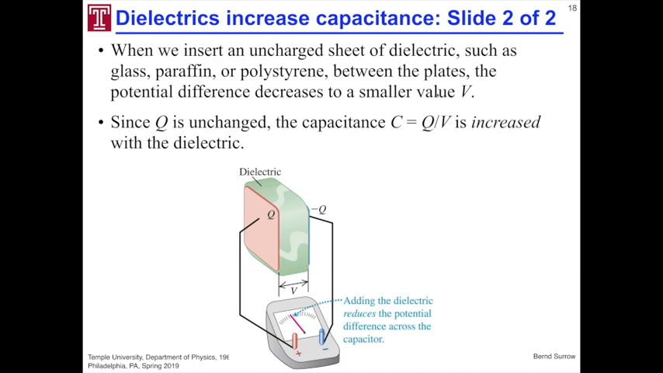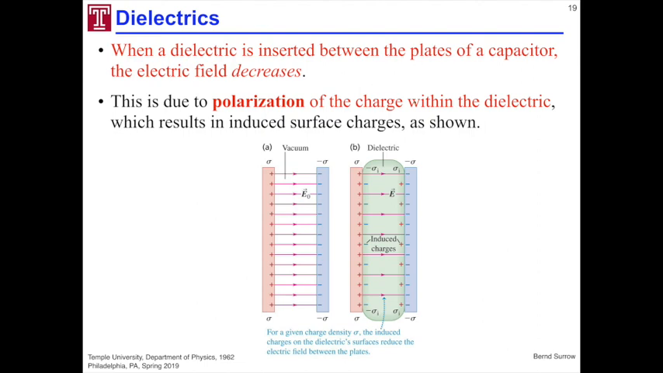How can the electrical field now decrease from a vacuum configuration to a configuration where the dielectric is introduced? Well, this is what I want to explain to you now. And I will not give you a full-blown detailed mathematical explanation, but only a conceptual one. So when a dielectric is inserted between the plates of a capacitor, the electric field decreases. And I want to give you a feel for why this is like this. And the reason for that is